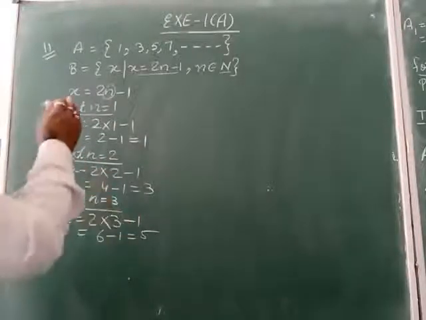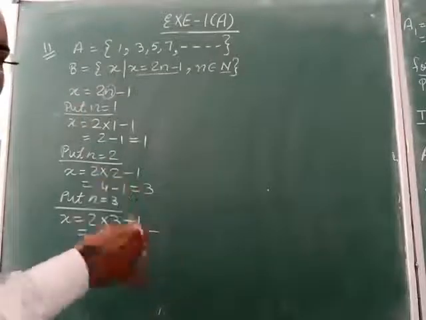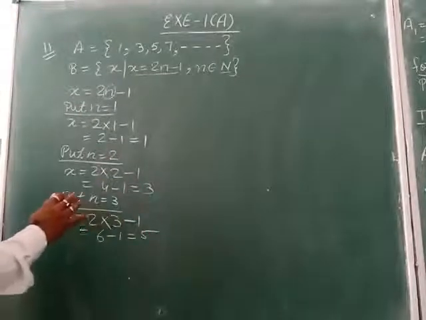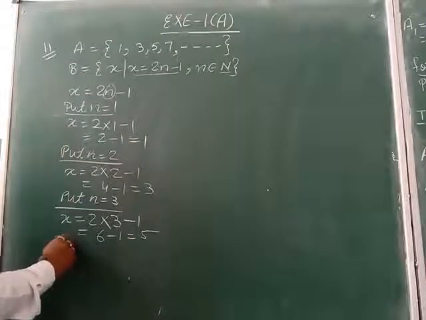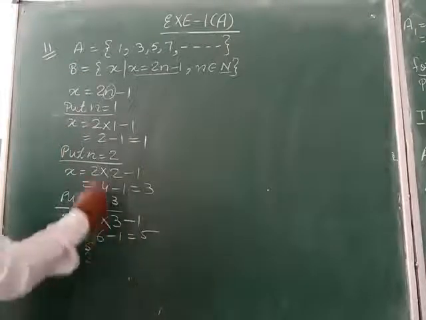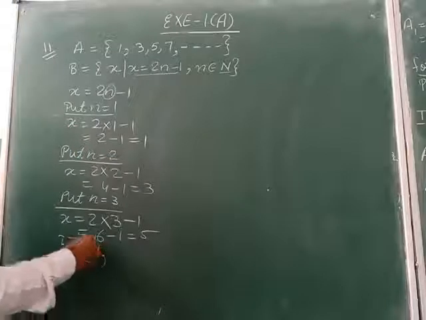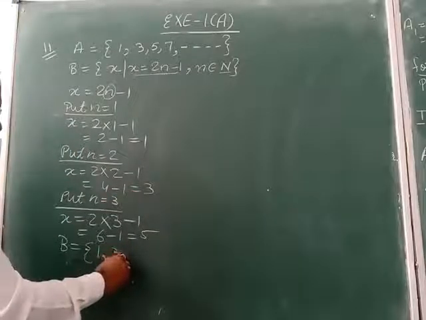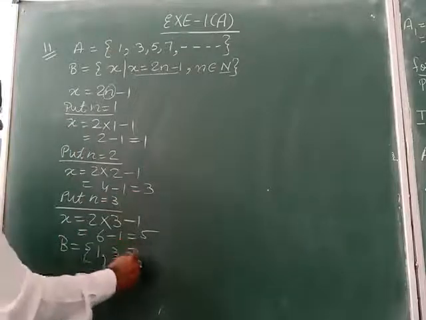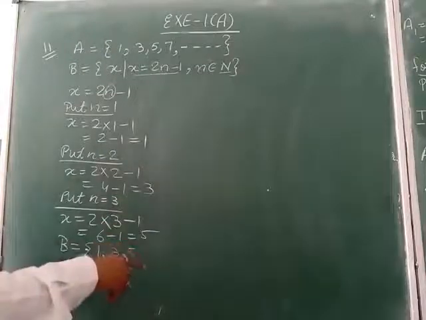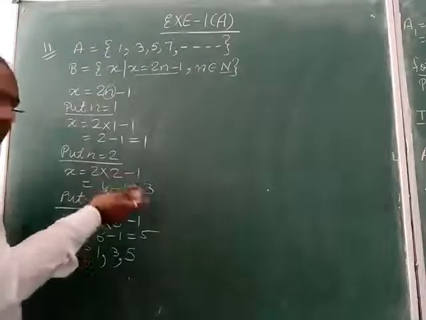So this work is endless, no end is there. So what we will do in such case, this is the set B, we will write set B, answer is X values we have to write. X answer is 1, X answer is 3, X answer is 5. But this is not the end. We will put more values.